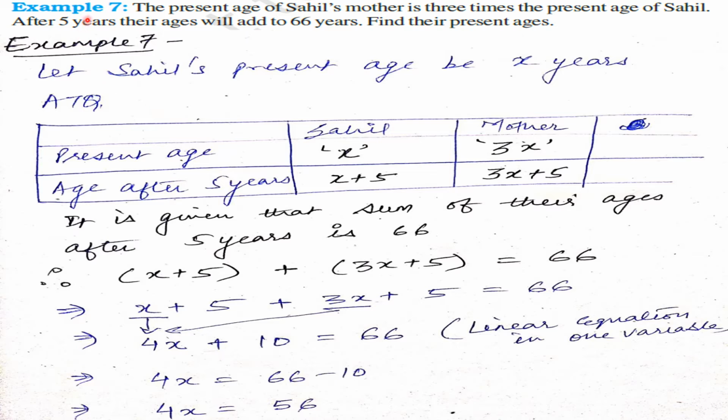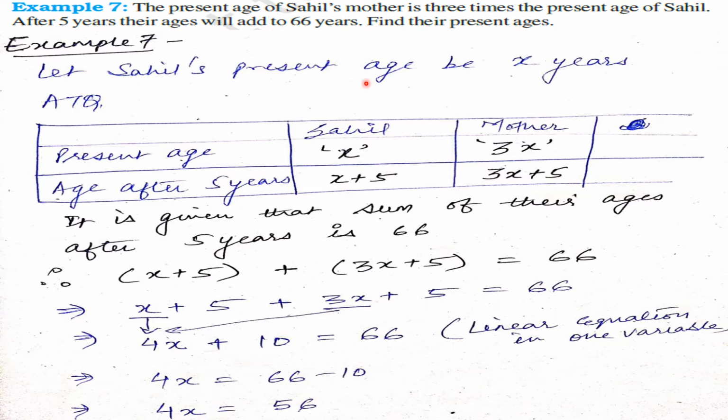That is, we will try to solve given word problems by forming an equation and then solving it. To form an equation, we need to clearly understand the question and then only form the equation. Okay, now read with me. The question is, the present age of Sahil's mother is 3 times present age of Sahil. So the example is defining Sahil's mother age in terms of Sahil's age. So we can say the base age is of Sahil.